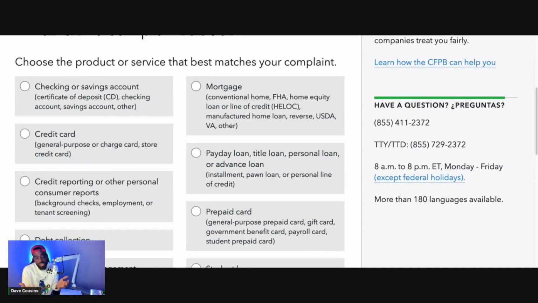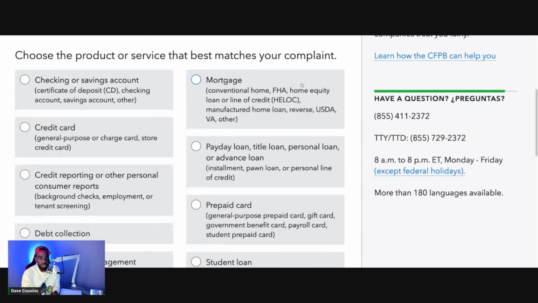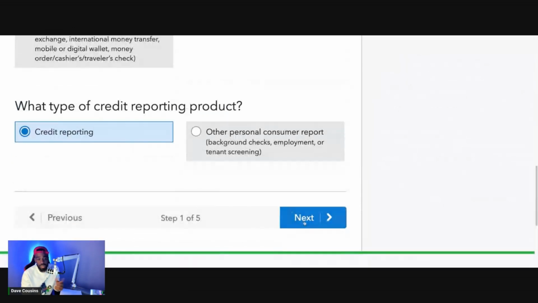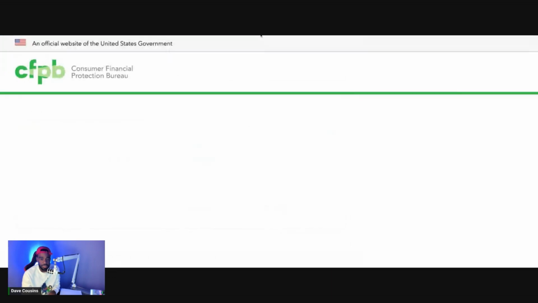And one of the places is CFPB, all right? Now, what you want to do is just click on credit reporting, right? Then click on credit reporting again, and then click on next, all right? And then from there, what you want to do is just click on personal